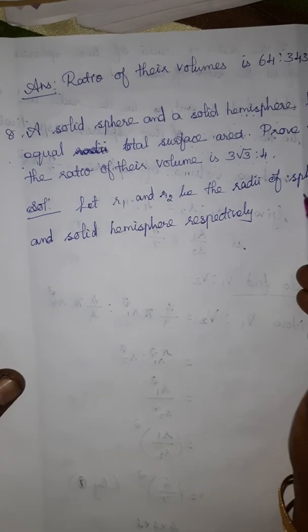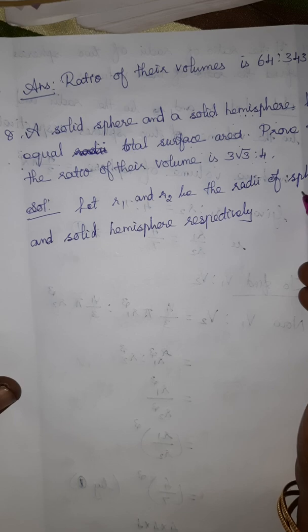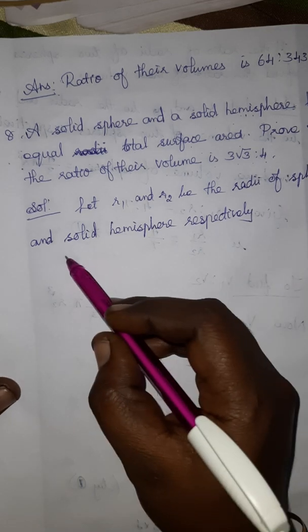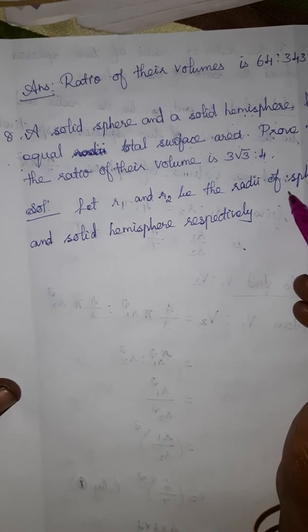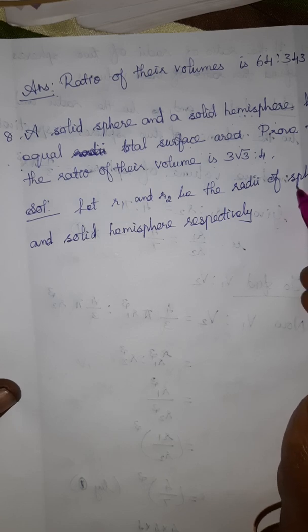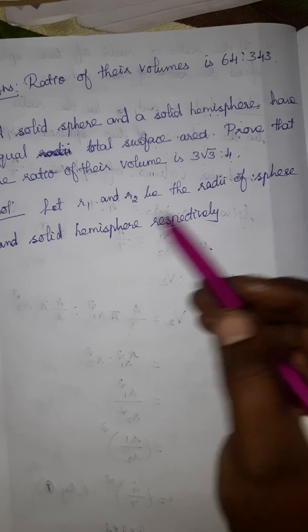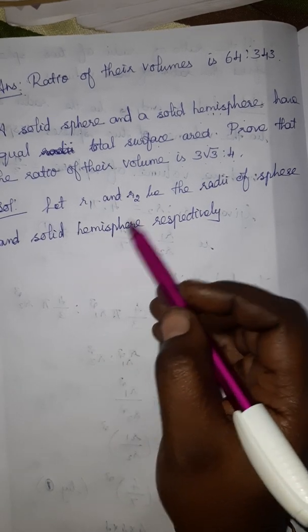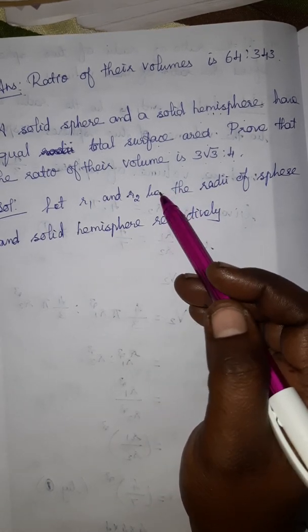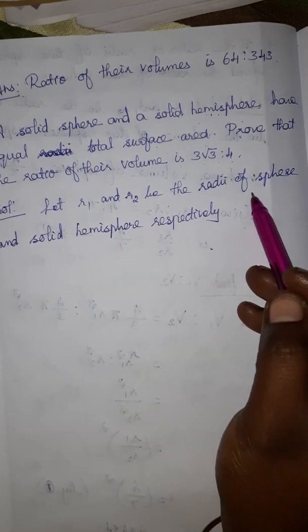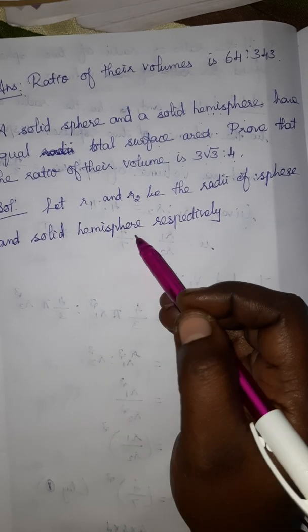You can mention this is a solid sphere also, since we have the hollow sphere and hollow hemisphere. But in the formula also they mention volume of the sphere, so I did not mention solid sphere. You can write it, it is not wrong. Here solid hemisphere is given in the formula. Yesterday I explained, you know, so that way I wrote sphere and solid hemisphere.